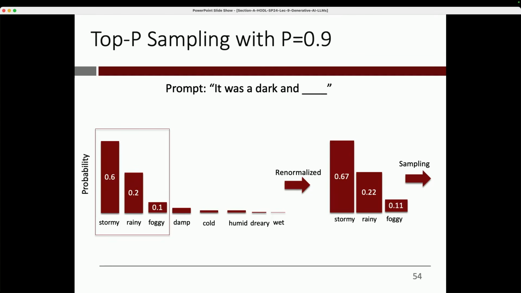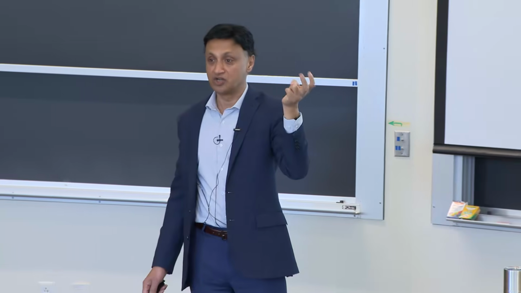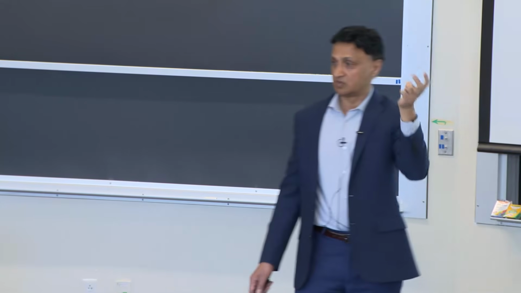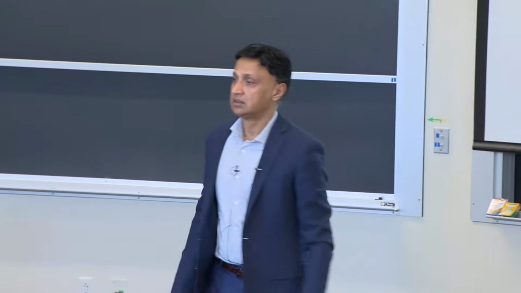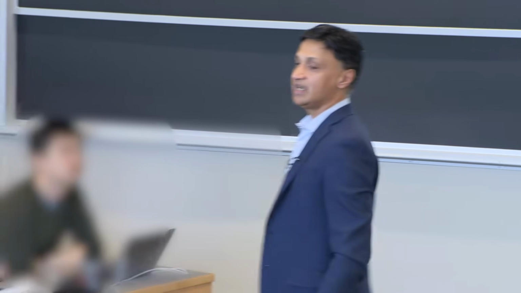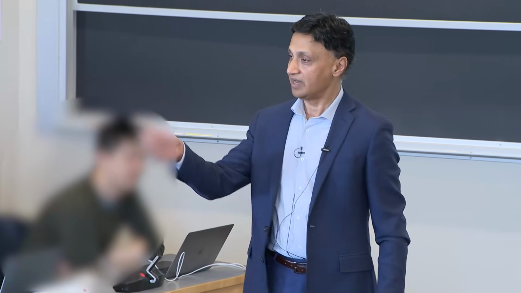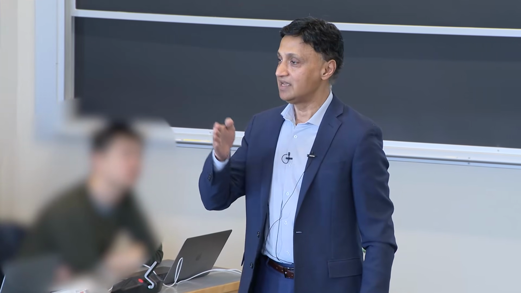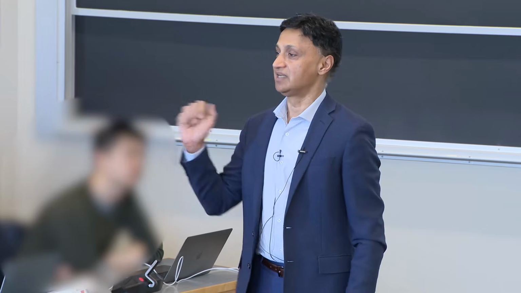So this actually is even more effective in my opinion, because it fluctuates. It doesn't hard code the number of words you think is important. Was there a question? Yeah. What if, like, let's say 0.9 ended up, like if foggy was 0.12, will it only take 0.1 from foggy? Yeah, what it does is, so you give it a 0.9, what it's going to do is, it's going to keep adding words till it just crosses that number.